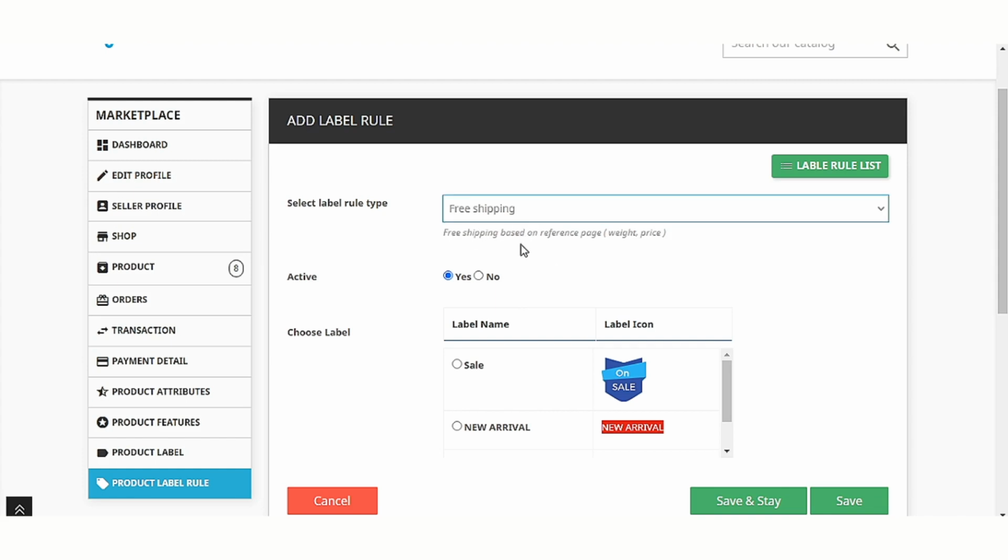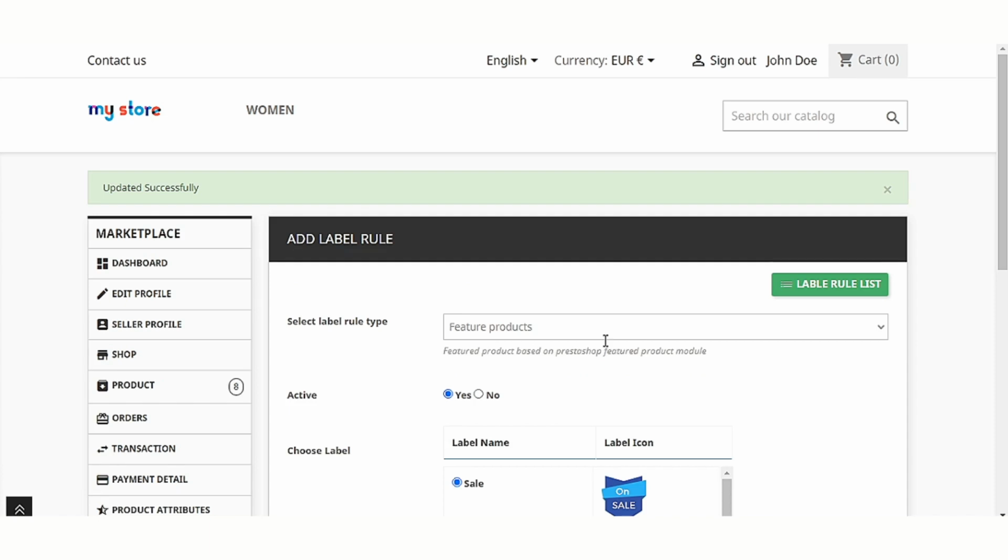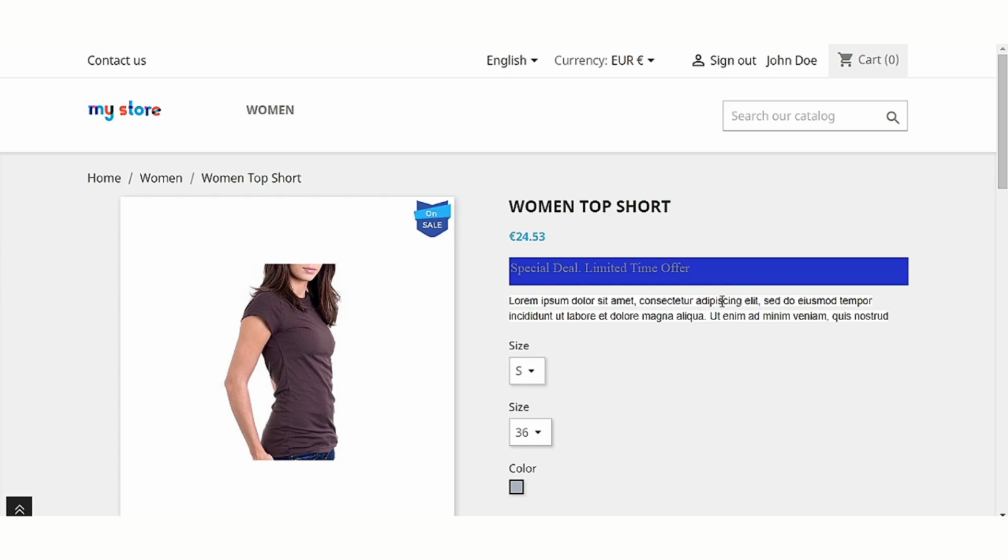If a seller has selected feature products, then the selected label will be displayed on all the products that fall under the feature product category. As per the rule, the sale label will appear on the feature products.